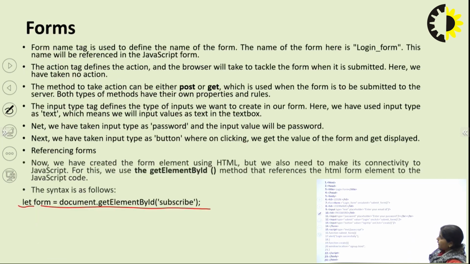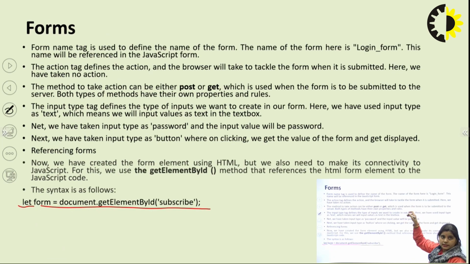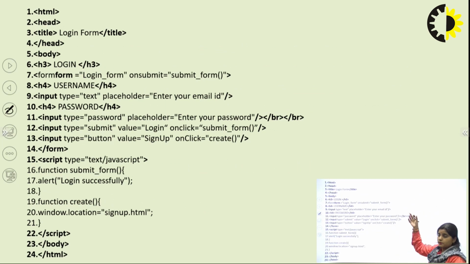So whatever I had told inside this text, all these things will be displayed in this particular code only. First of all, we have opened the HTML tag, the next one is the head tag, the next is the title tag. The title of this form is login form, and inside the body tag we have the h3 header tag, in which we are going to provide the value login, and then we have a form